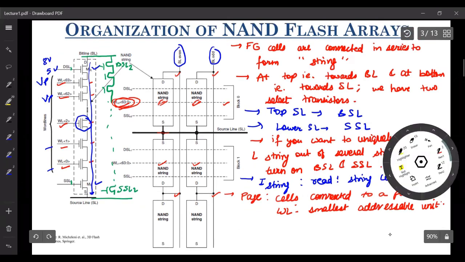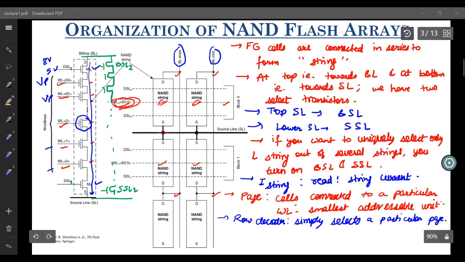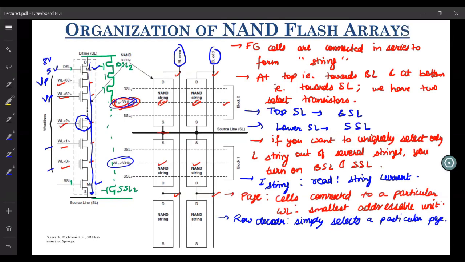So how can we address it? It can be addressed using the row decoders. The row decoder simply selects a particular page. That is, it simply selects either this word line or this word line or any of the word lines. It activates that word line, gives all the other word lines some pass voltage, and then when this word line is activated, you can read these cells. But you want to read only one cell at a time. So then you take the help of your column decoder,